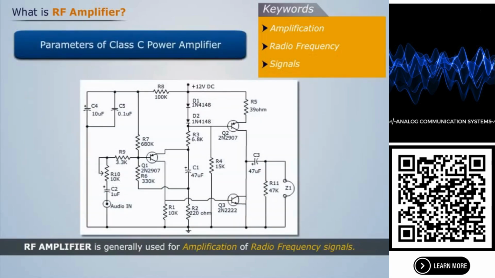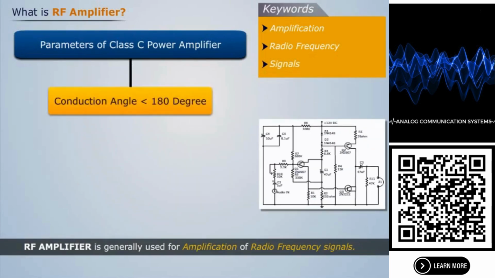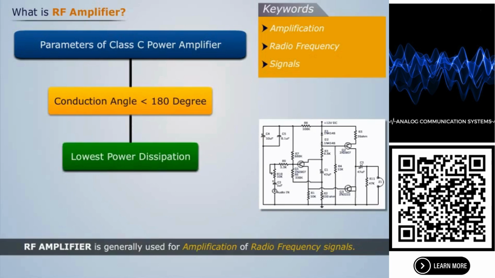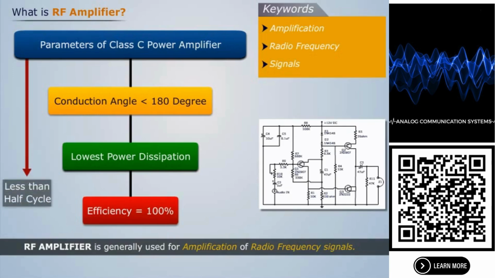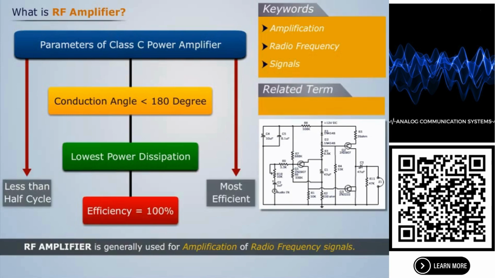Finally, we will be discussing the parameters of Class C power amplifier. Conduction angle is less than 180 degrees. Power dissipation is lowest. Efficiency is 100%. Class C power amplifier operates for less than half cycle. Class C is the most efficient power amplifier. Related term is